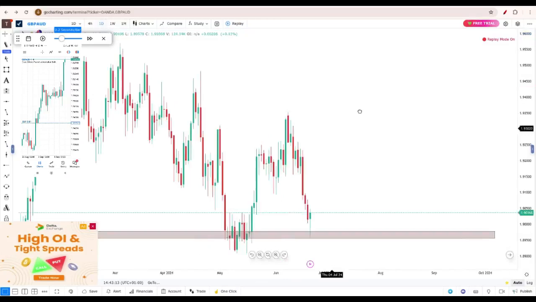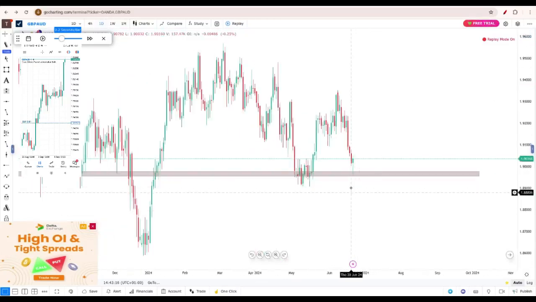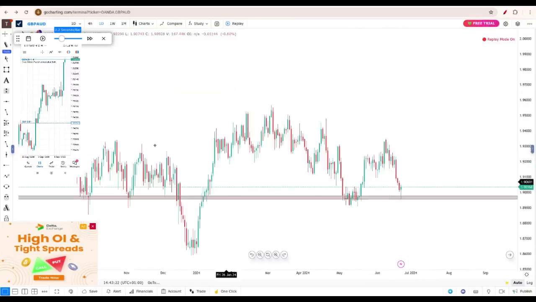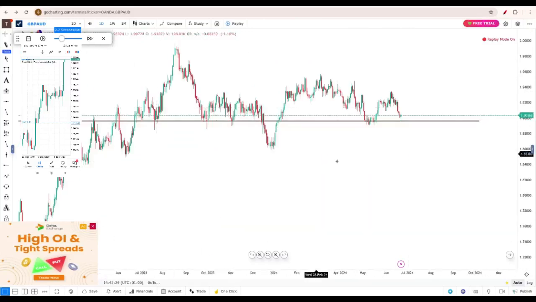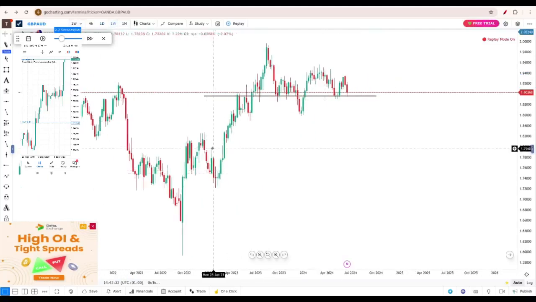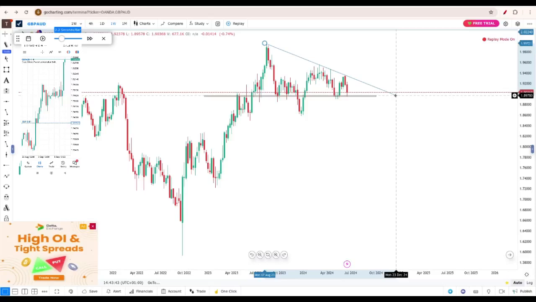Let's wait. Okay, so now I don't just jump into the trade here. No, I won't do that. I have to be sure I've seen a pattern. So what do I do in this case? I draw my, what's it called? My trend line here. So I will tell you exactly what. So at this stage here,